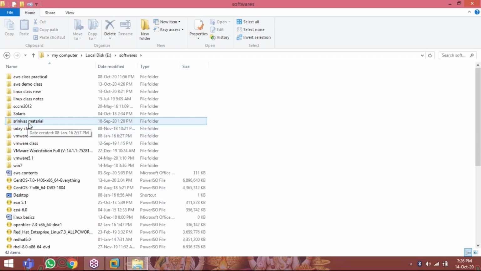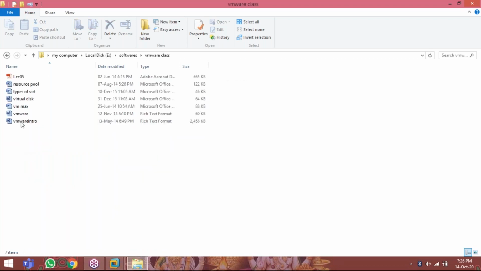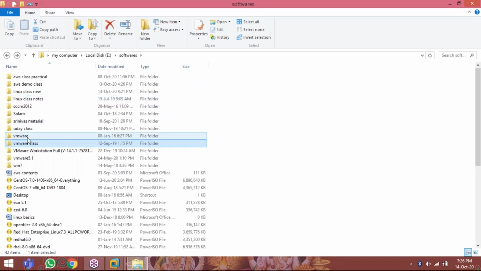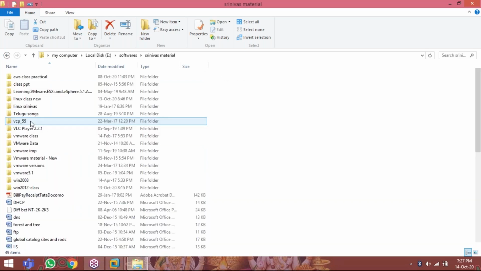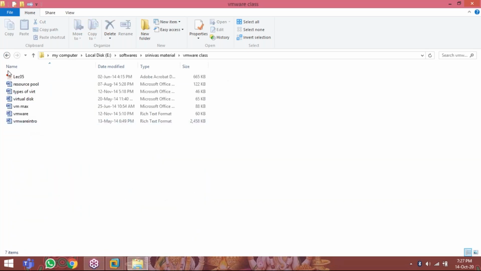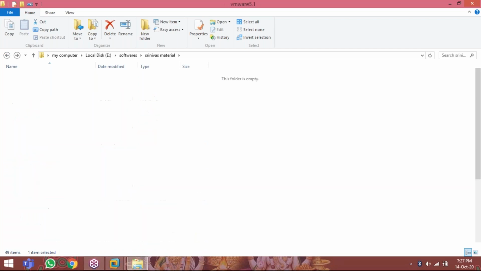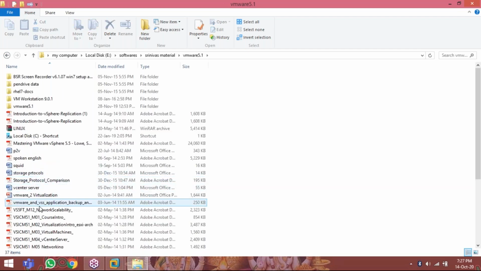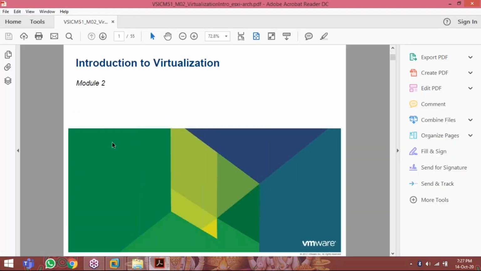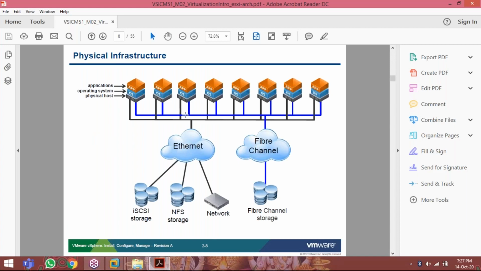That is a bare metal operating system, which can be installed on a number of physical servers. Nowadays your Windows servers or Linux servers are not running physically. They are in virtualization technology only. Windows also, Linux also. Now the servers are not physical, they are going to run virtually. Physical environment servers were in the olden days. Nowadays, this is physical infrastructure.